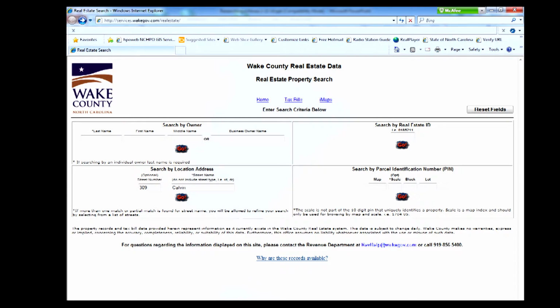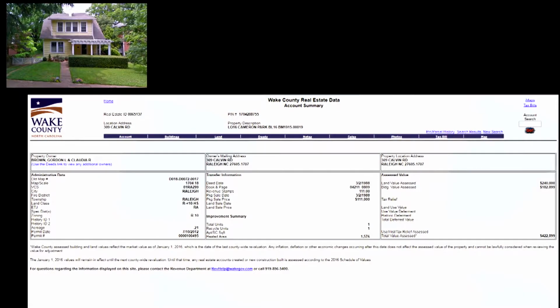So I'm going to search for my house, and you'll see there are a number of options. You can search if you know the owner's name or the PIN, the property identification number. Probably the simplest way is just putting in the address. So I've put in 309 Calvin. And then this is the first page that comes up. I stuck in the screenshot from Google Street View of the house. That doesn't come up automatically in this initial page. But if you look closely, you'll see there's a lot of information on this page, including the date the house was constructed. There's also a date for some major renovations. It tells the number of rooms and